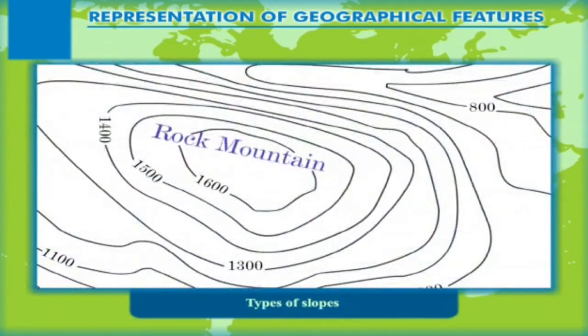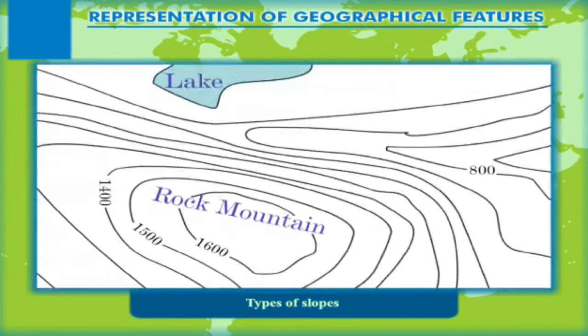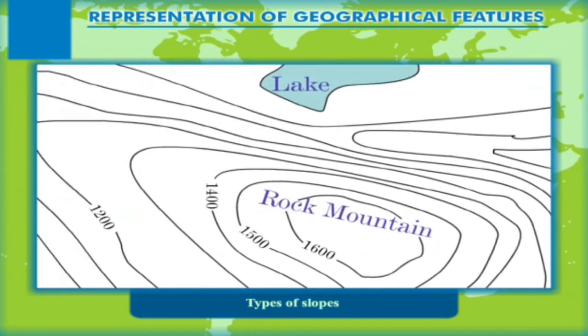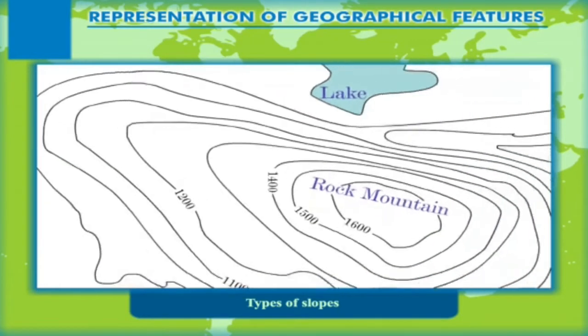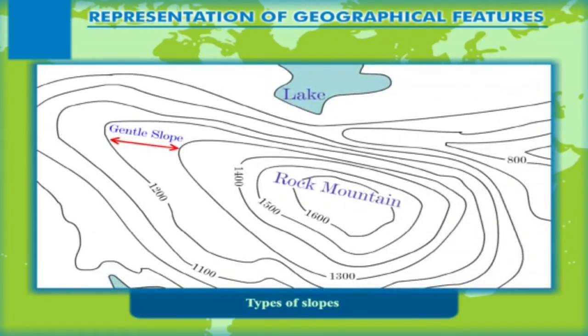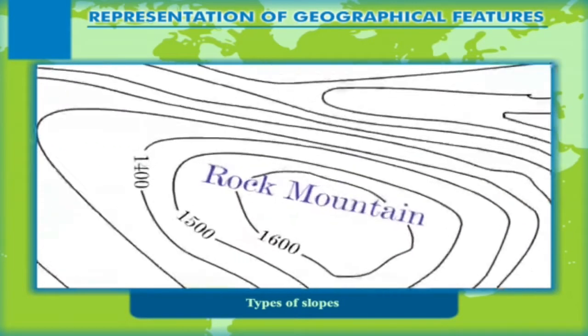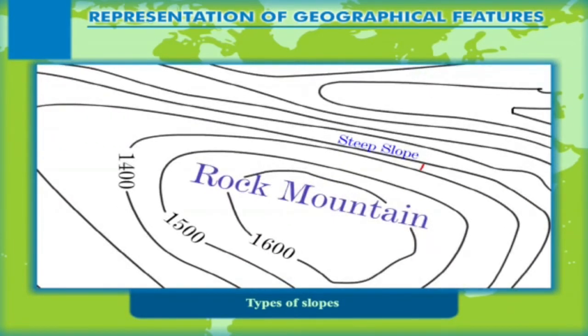Types of slopes. The distance between any two contours, that is, horizontal equivalent, HE on a map, is very important. It shows the gradient of the slope of the land. The contours are drawn close to each other when the slope is steep and they are spaced widely when the slope is gentle. Some types of slopes are shown. The widely spaced contours show gentle slope. The closely spaced contours show steep slope.